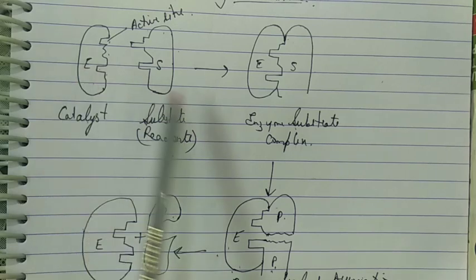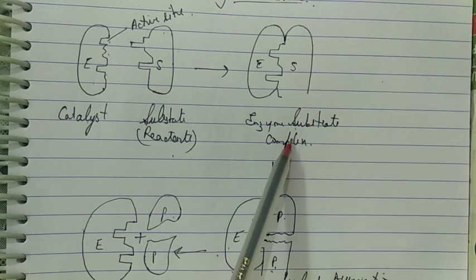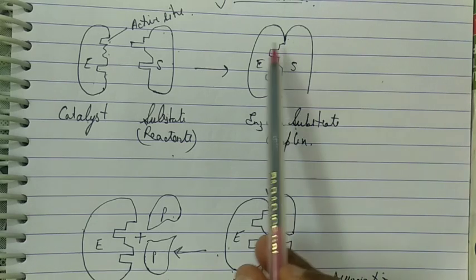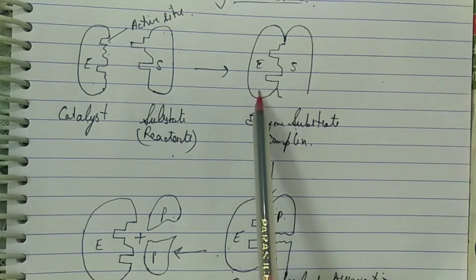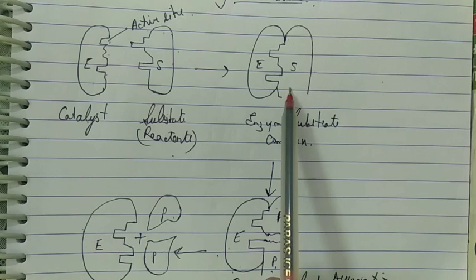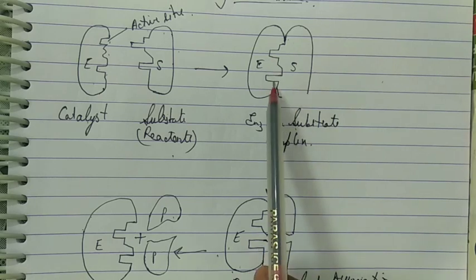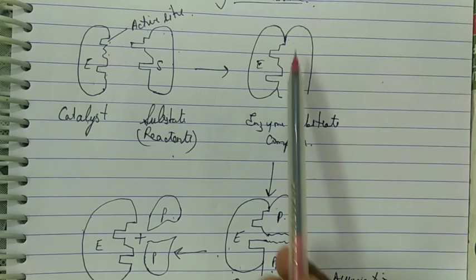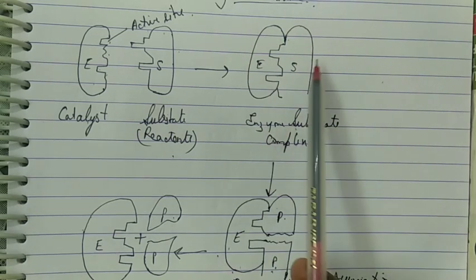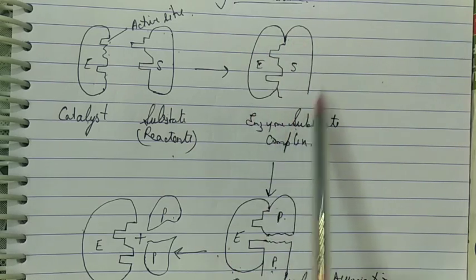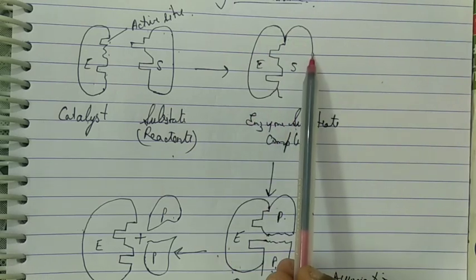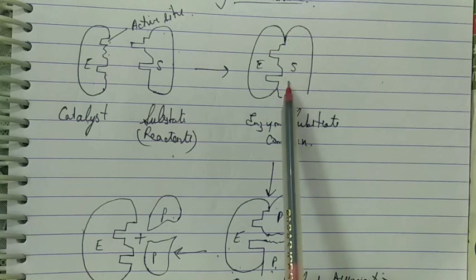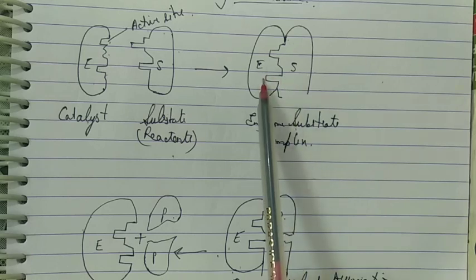After that, it leads to the formation of enzyme substrate complex. That means the active sites are occupied by the substrate. It binds into the active site and leads to the formation of enzyme substrate complex. Now, once the proper orientation has been achieved, that means once this binding is done, the substrate molecule starts reacting with the enzyme to form the product